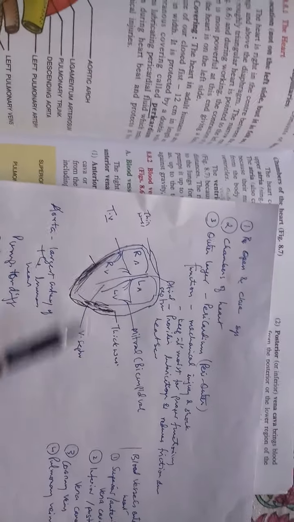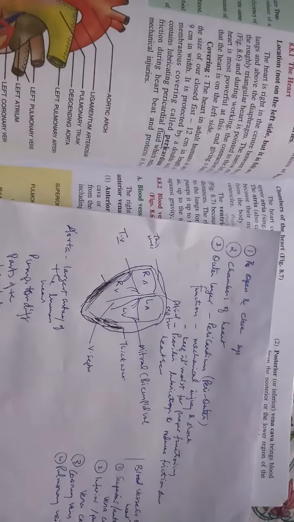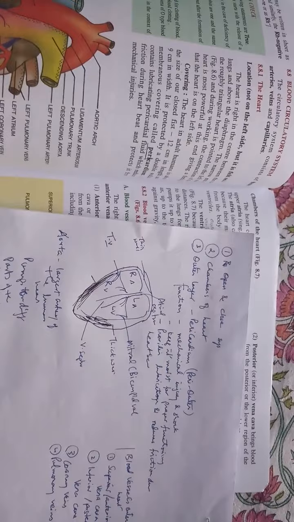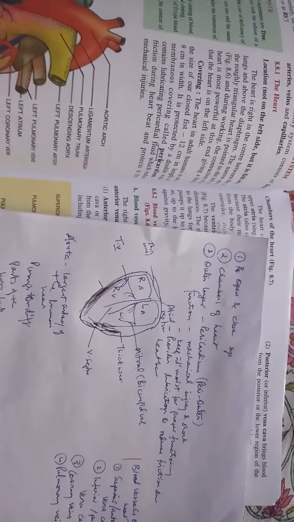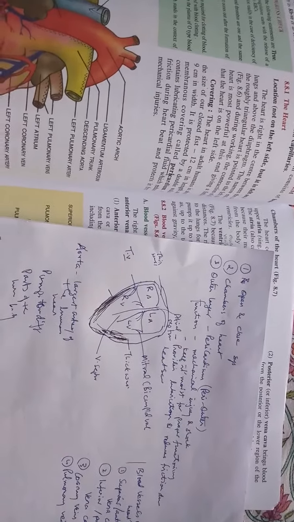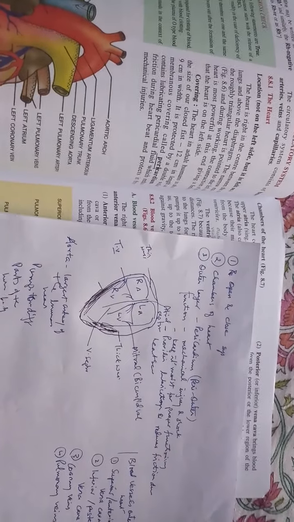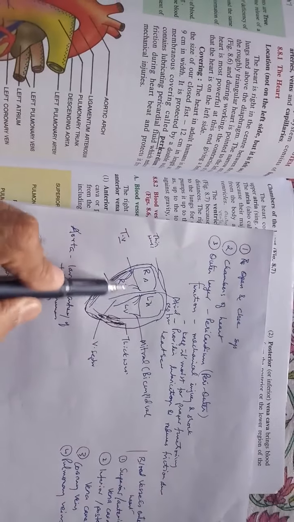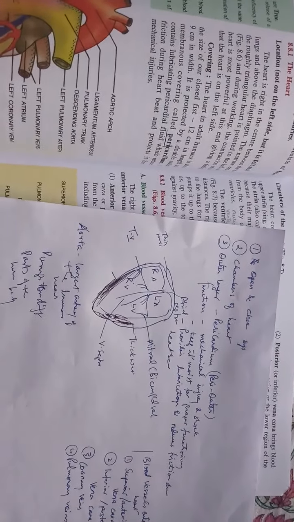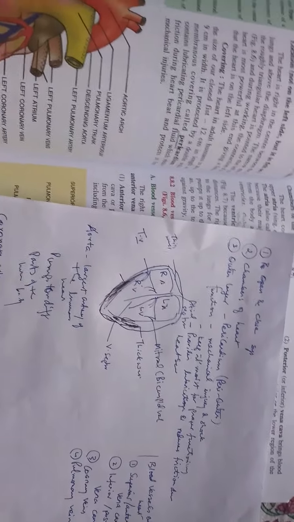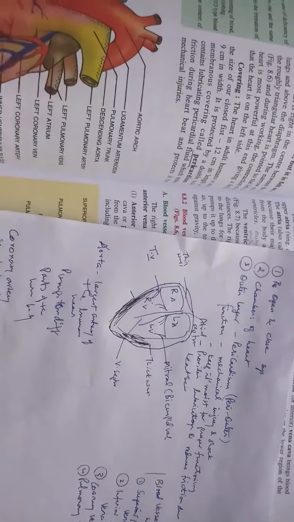When you think about this, you have to think about your own left side, and draw accordingly. On your left side, when you think about your own heart, the upper part is called left atrium and the lower part is called left ventricle. On your right side of the heart, it is right atrium and right ventricle, right? So keep these in mind when you draw the diagram or think about the heart. Think about your own heart and your own left and right side. In that manner you can draw and understand the heart, right?